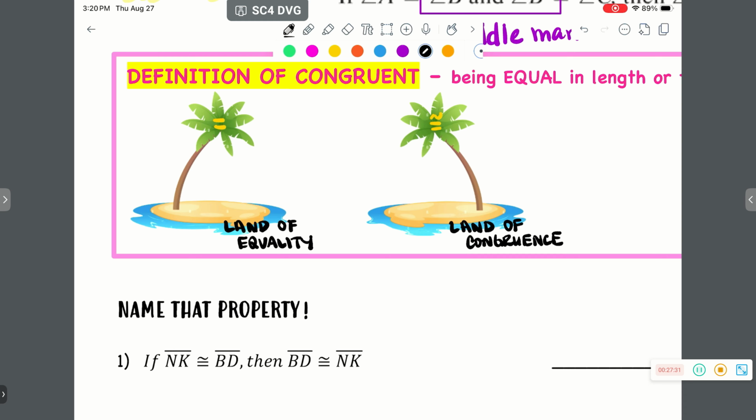Sometimes you may have to switch back and forth between the land of equality and the land of congruence or vice versa, which you are allowed to do, but only if you add a step in the proof that tells the reader that you're hopping from one land to the other. And that reason is the definition of congruent,